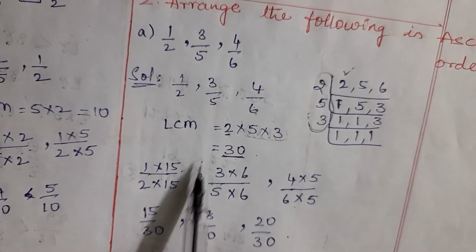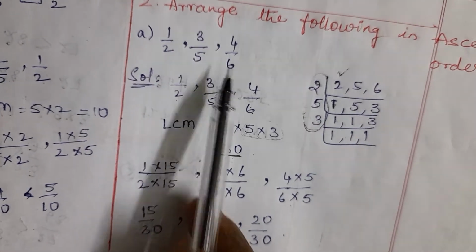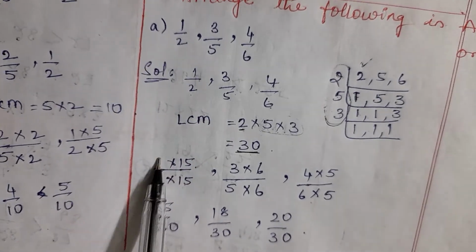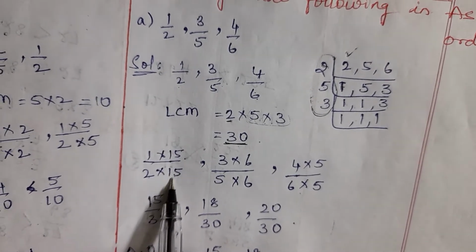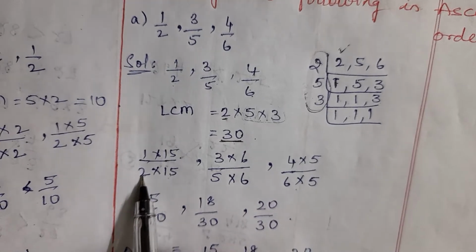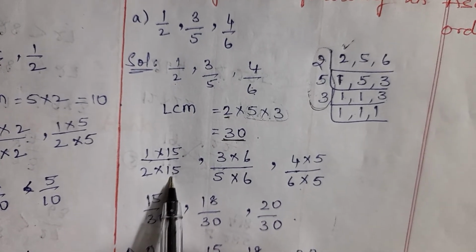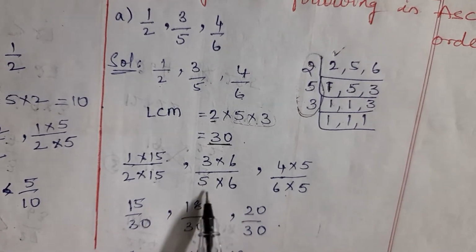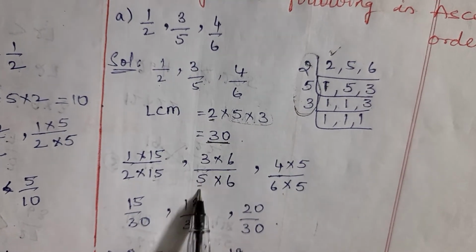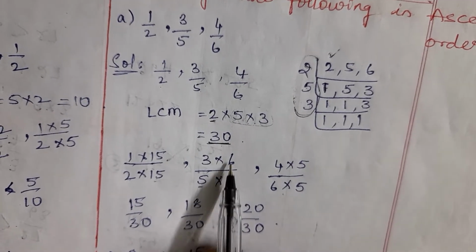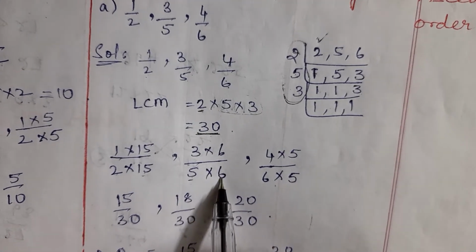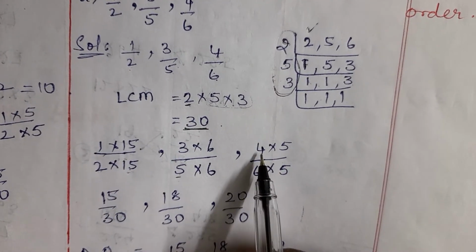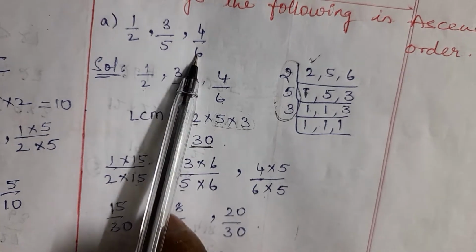Now children, we should make all the three denominators into 30. Okay, so the first one, 1 by 2 we will take. Now 2 into how much is 30? It is 2 15s are 30. Okay, now 3 by 5. 5 into how much is 30? 5 6s are 30. So both the numerator and denominator should be multiplied with 6. Here also with 15.